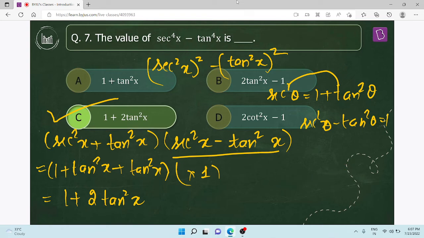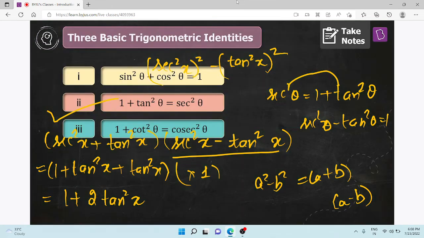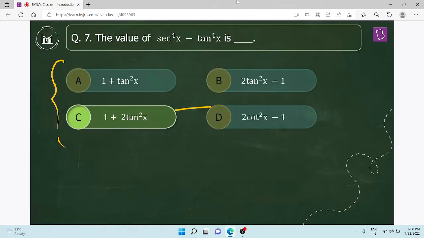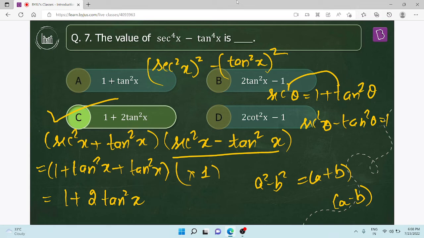So students, a square minus b square is always equal to a plus b into a minus b. That is sec square x minus tan square x, into sec square x plus tan square x. Now, if you do remember the second identity from here, sec squared theta is equal to 1 plus tan squared theta. It means sec square x will be equal to 1 plus tan square x. We put the same thing here. In the place of sec square x, we put 1 plus tan square x. In the second term,